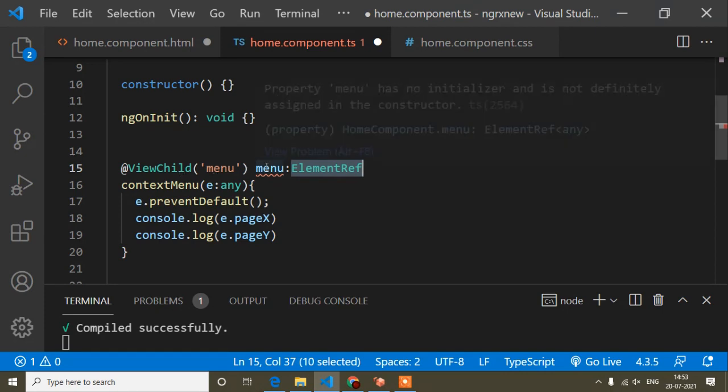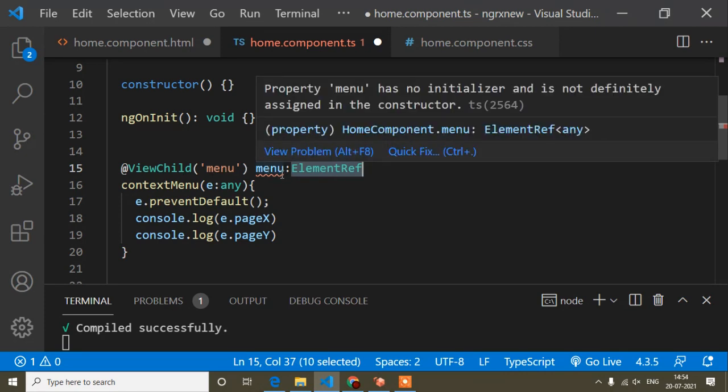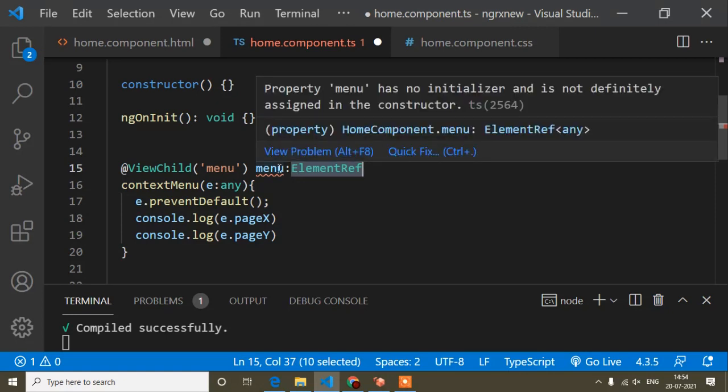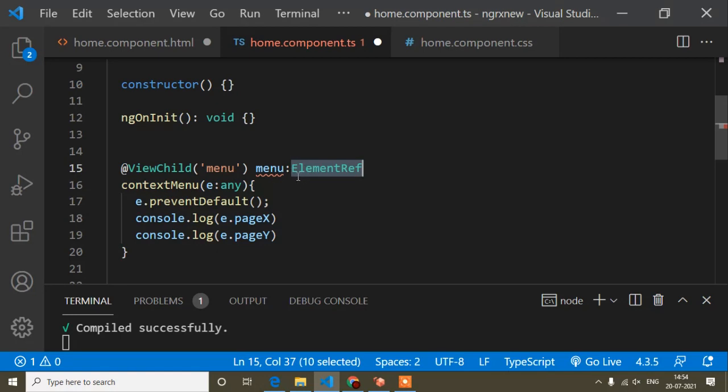But guys, the main thing here is that it's showing an error. After Angular 9, it shows the error that property menu has no initializer. When we define a variable, we have to initialize the variable value.